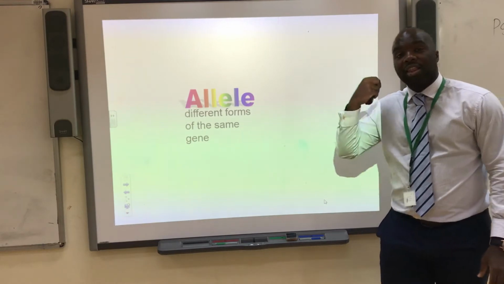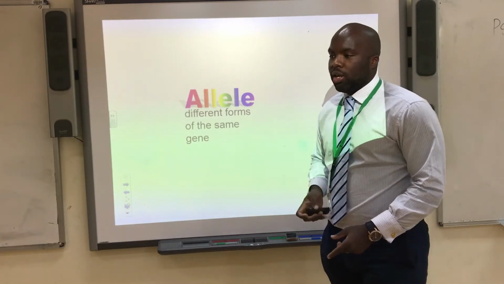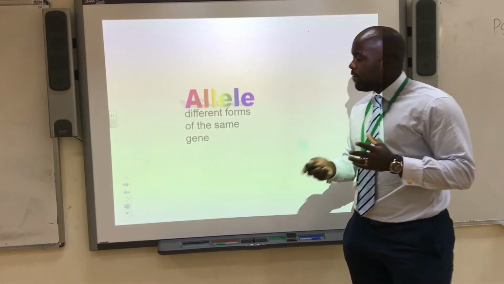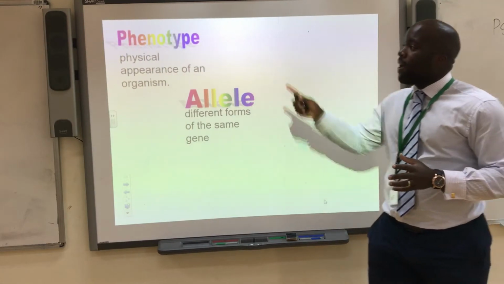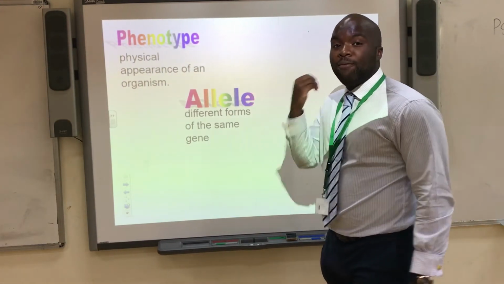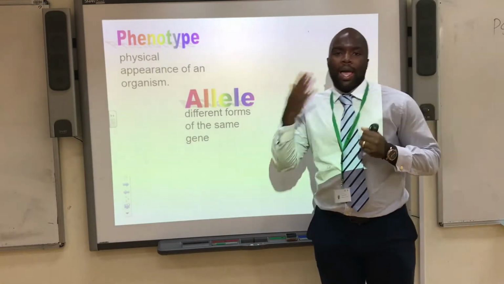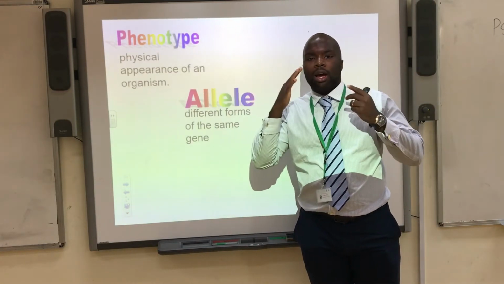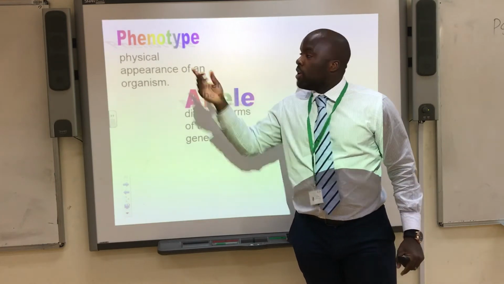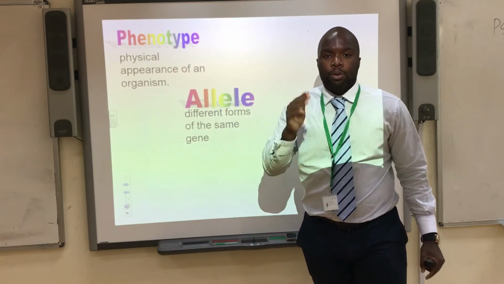Now, an allele is different versions of the same gene, okay? And you're really going to look at alleles later on in the video, okay? The next one is phenotype. Phenotype is the physical appearance of an organism. So, for example, your eye color, okay? Let's say your eye color is blue, your phenotype will be blue eyes,